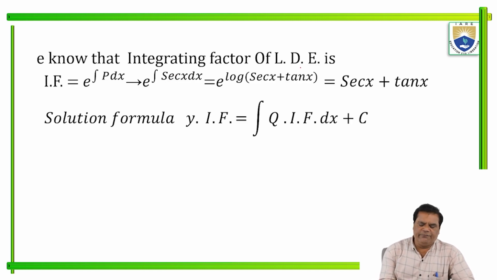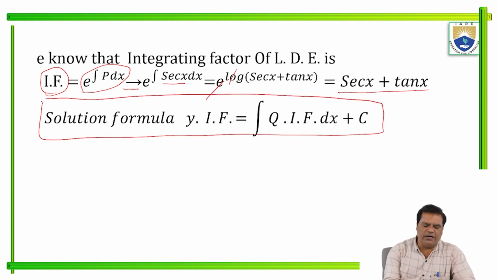Here note that the integrating factor of a linear differential equation, IF, is e to the power integral P dx. This implies e to the power integral of sec x dx, which is e to the power log of sec x plus tan x. So e and log cancel, as they are inverse to each other, and we get sec x plus tan x. This is the IF. Now the solution formula. This is the solution formula of a linear differential equation. Here we have found this IF. So the final answer is y into IF, that is y into sec x plus tan x,